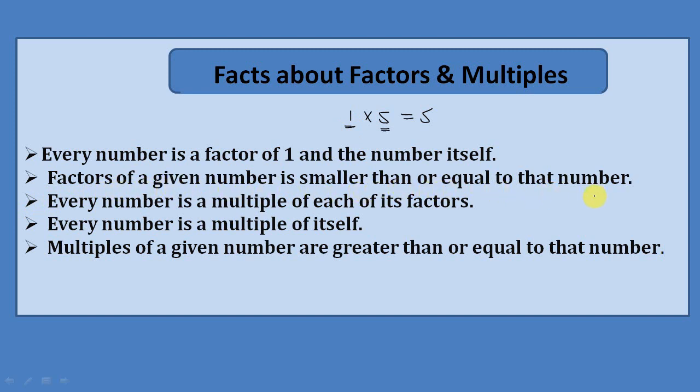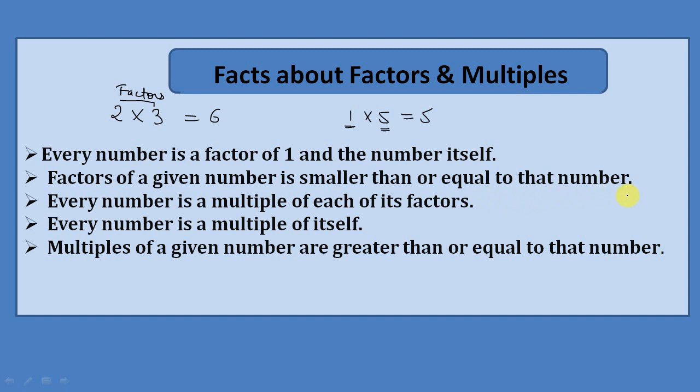You can easily see here, or if I can write another example, that means 2 into 3 is 6. तो 2 और 3 factors हुए ना 6 के, right? 2 और 3, these are the factors of 6. और ये ही जो 2 और 3 है वो 6 से क्या है, छोटे. So remember one thing, the factor of a given number is smaller, या तो छोटा होगा या उसके इक्वल भी हो सकता है. जैसे इस केस में देखो, these factor 1 and 5, they are the factors of 5, right? 5 के इक्वल ही है. So we can say that factors of a given number is smaller than or equal to that number.